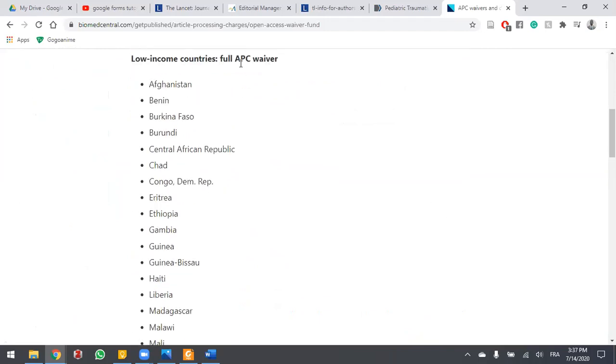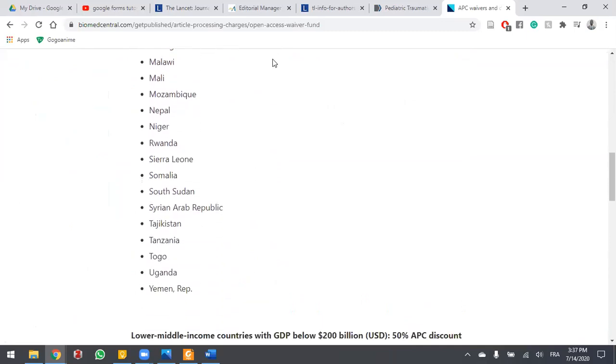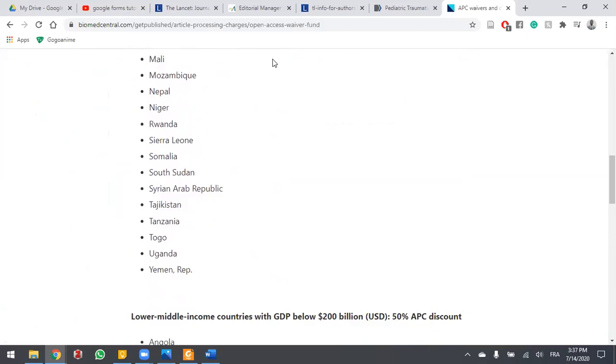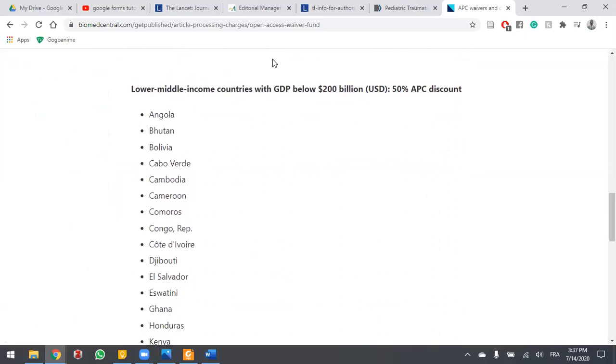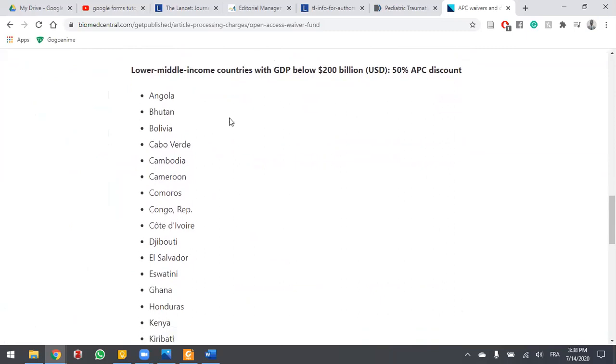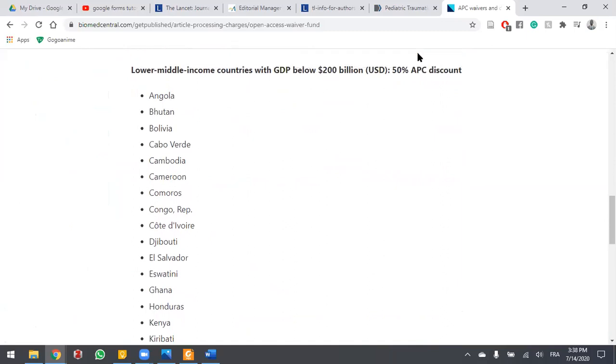You have low-income countries, which get a full APC waiver. So if your country is on this list, you would apply, and pretty much almost every time you will get a full waiver, which means you won't pay. And when your article gets published, everyone will get access to it. Otherwise, if your country is here, you get a 50% discount. So it's still upwards of 700 US dollars that you would pay.